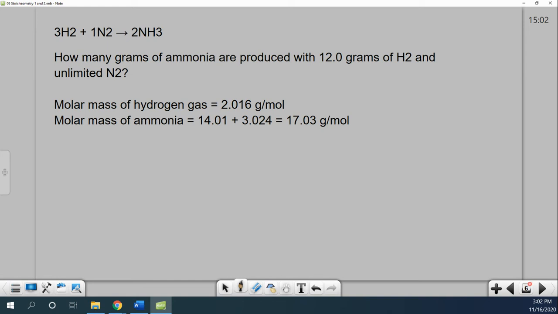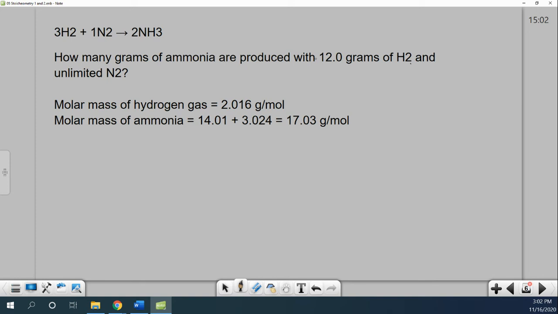How many grams of ammonia are produced if I take 12 grams of H2 and unlimited N2? Okay, unlimited N2 is good news. It means I don't have to worry about N2 at all. The number of moles of N2 are unimportant. It's like if I say I have unlimited peanut butter, I can make as many sandwiches as I want until I run out of bread, right? And so in this case, H2 is my bread. This is what I'm going to run out of, because I've got unlimited N2. So step 1,